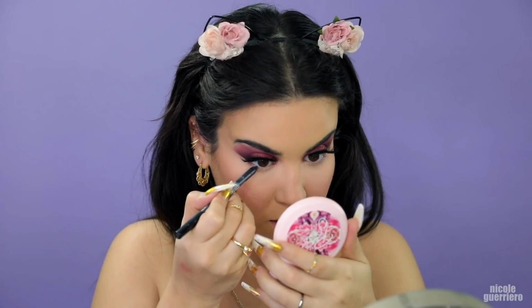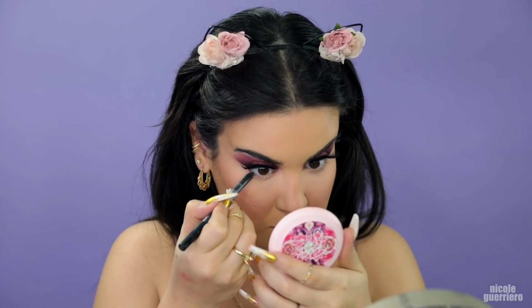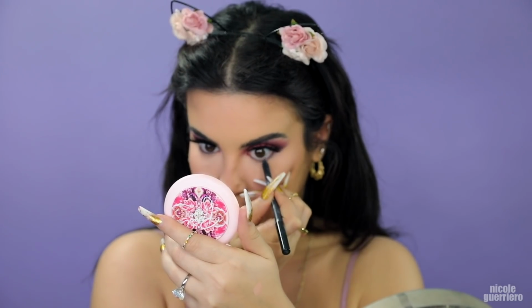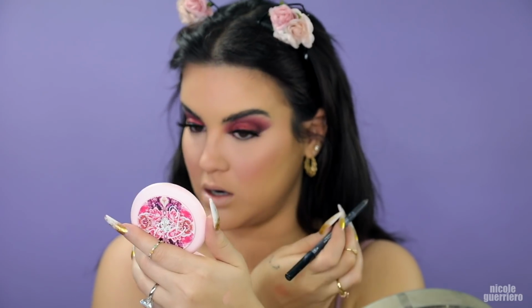I'm gonna take a black liner. This is just from Makeup Forever. It's the fastest one I could find. And I'm just going to get in my waterline. I've been trying to get in my waterline a lot more because I like how it looks. I just don't like touching my waterline with shit. So I've been just trying, because the more you do something, the more accustomed you get to it. I don't really like this pencil. So I don't know, maybe it's just a little dry. I just don't like when you have to push hard, and I feel like I'm pushing harder